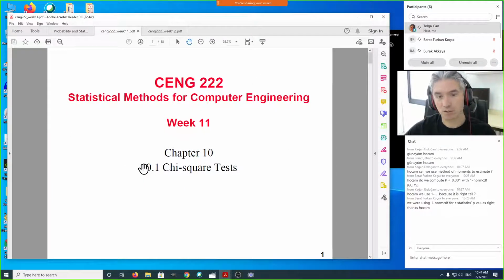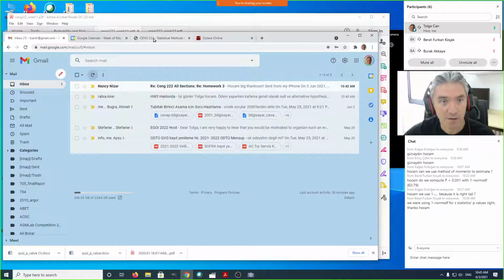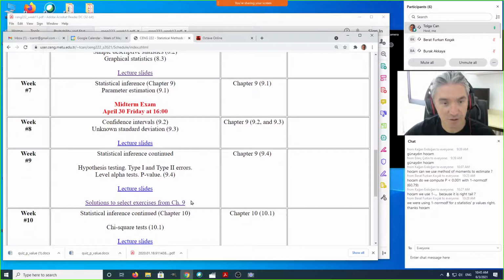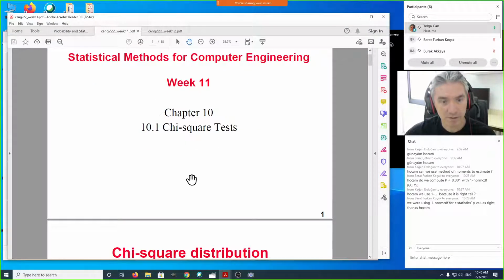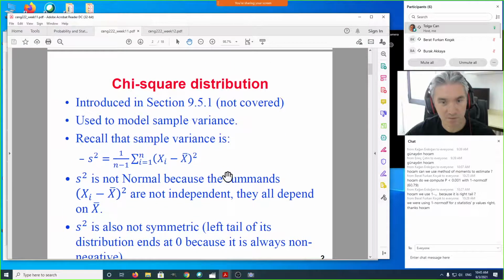All right, so actually for this chapter 10, I haven't gone over the slides at all. So let's quickly go over the slides. I used the book, but let's see whether I have missed something not in our slides that I have on our course web page, accessible from my website. So if you're looking at these lecture slides too, for chi-square test, we haven't gone over the lecture slides. But most of the things is repetition of what we have covered,